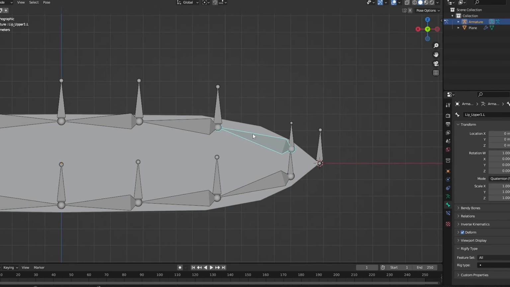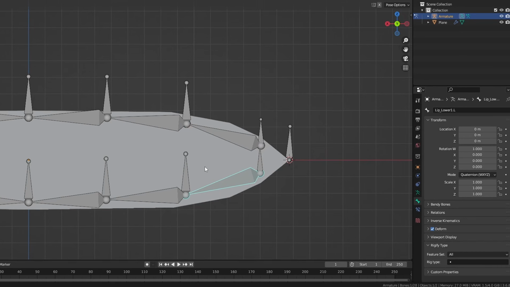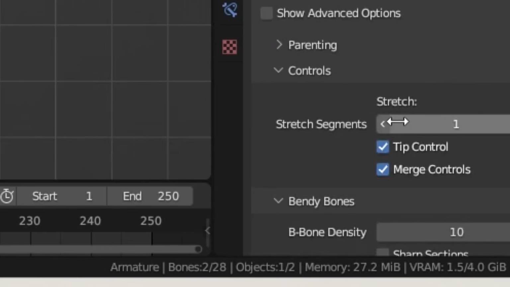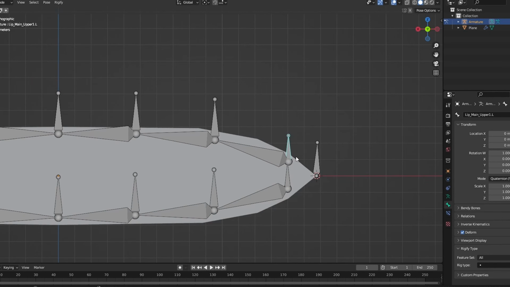Now here's the fun part. With Cloud Rig, we're going to assign this bone and give it a cloud face chain. We're going to do the same thing for the bottom one. We're going to select the bottom one and the top one, right click and hit copy selected. Now we're going to take all of these little bones that we have and give them another